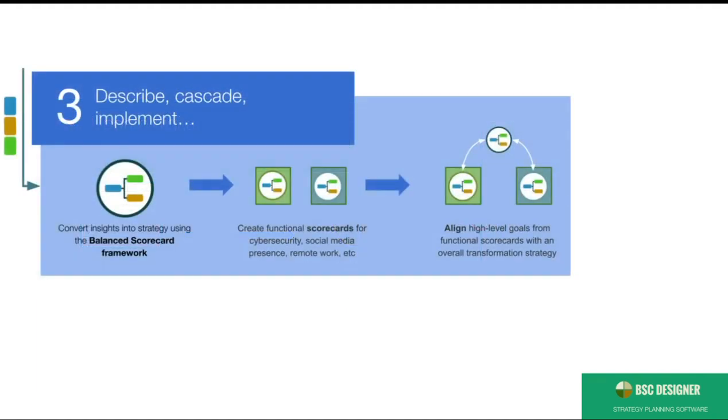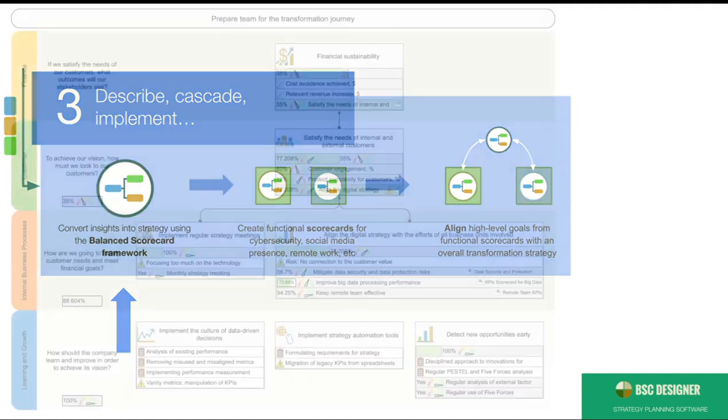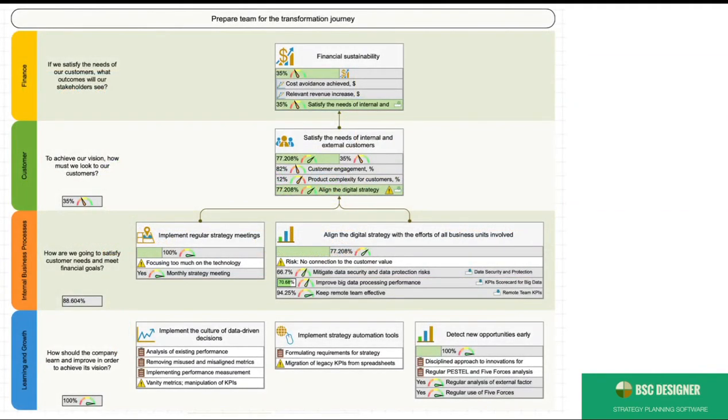We are now on step 3. Let's continue with the digital transformation strategy. As a result of using the business framework like PESTLE, you will have many insights. Use the Balanced Scorecard framework to organize these ideas into 4 perspectives. Here is an example of the strategy map for digital transformation. When you create a strategy map for your digital strategy, follow these ideas.